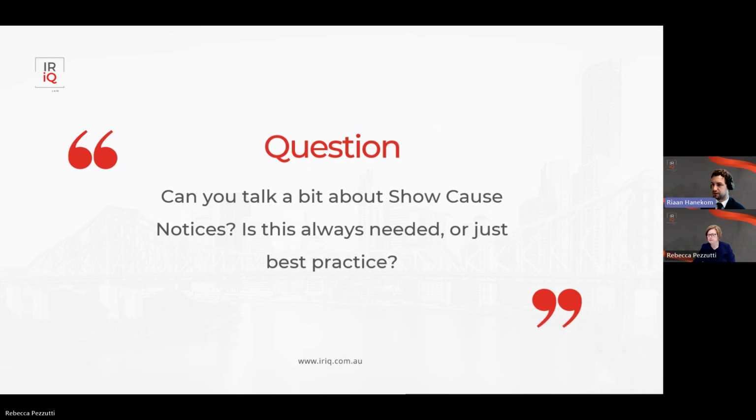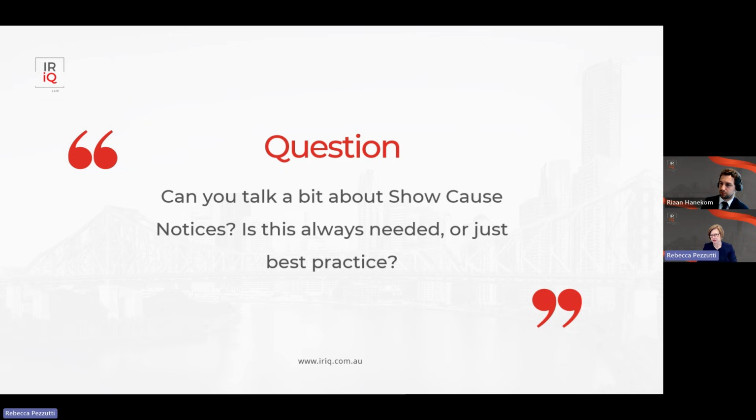Yeah, I think it also gives your business the opportunity to understand what, from the employee's perspective, why there was underperformance, assuming there was underperformance. But it allows you to review your practices and your processes and the way you approach your work, so that if there are any improvements that you can make, ideally you'd find it out earlier than when you're at the pointy end of the conversation. But if all else has failed and there are some improvements that you can make, that's also a great opportunity to receive those.